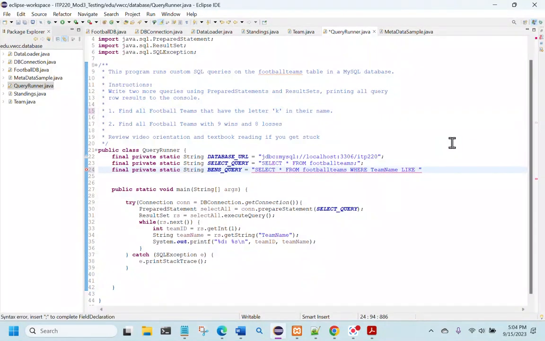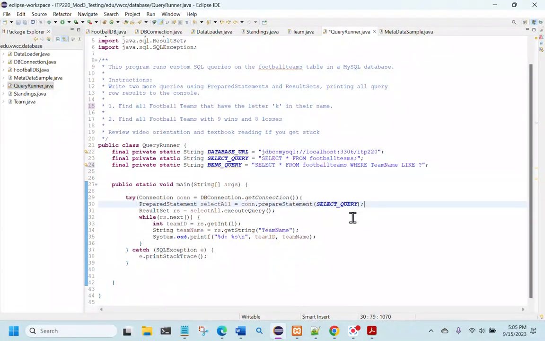I want to find all team names that start with my name, Ben. Well, you could do that here, but the better way to do it would be to use a SQL parameter, where you just use a wildcard there. And then the only thing you have to do differently is,